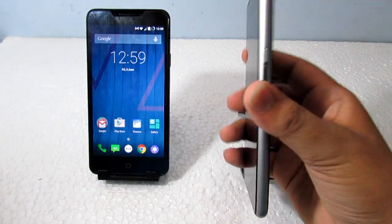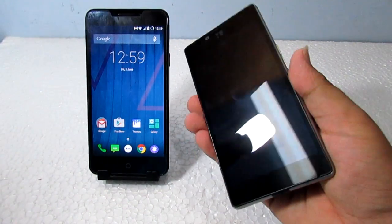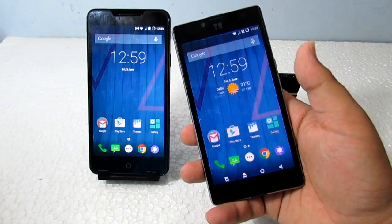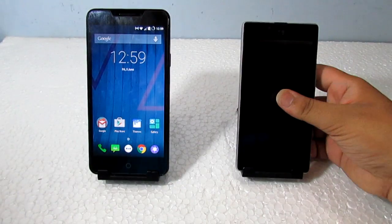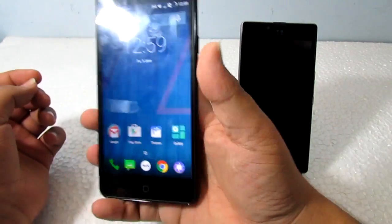as you can see, it is metal built. It is a metal build and the design is also really good, and as it's a 5-inch display mobile, it is really easy to use it in one hand. It performs very well in one hand, but the Yureka is a little bit difficult to use in one